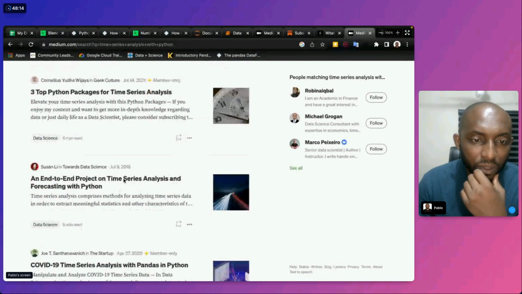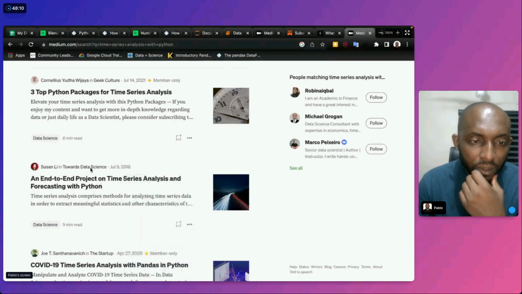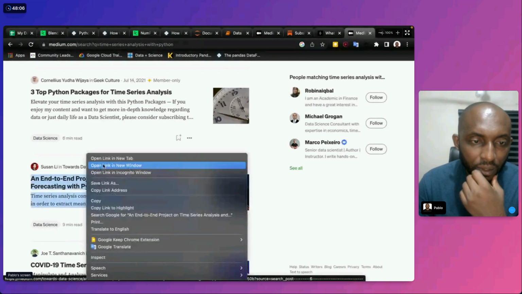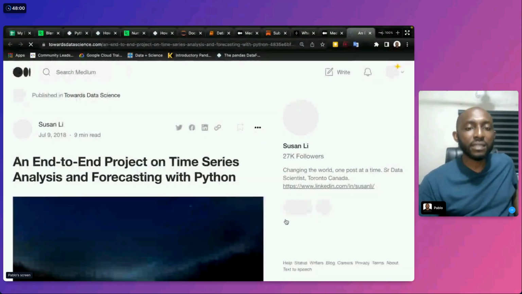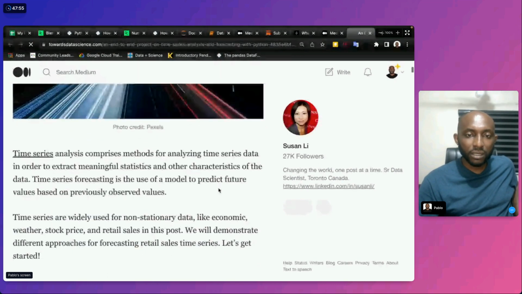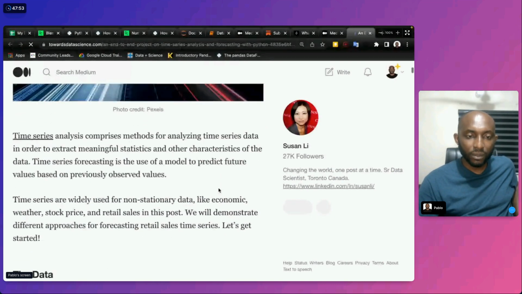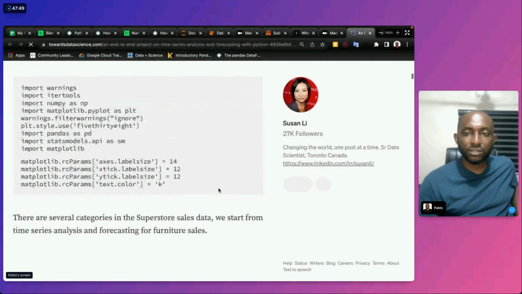I've read it before. In this analysis she did some analysis with Python. So you can look at data sets, and then she did some analysis with it.